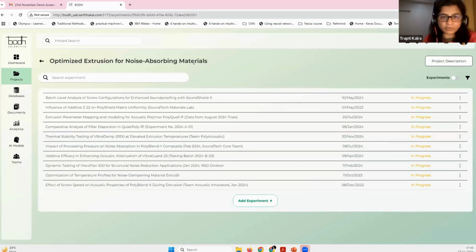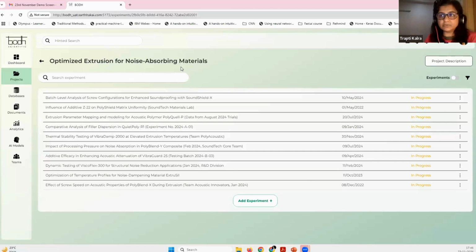So within the project, you can conduct multiple experiments. Typically, that's how we work. We'll pick up a project and objective. Within that, you could have multiple experiments. Within each experiment, you will typically be doing a trial, right? And you could do more than one trial within a particular experiment. So what we can see here is for this particular project,